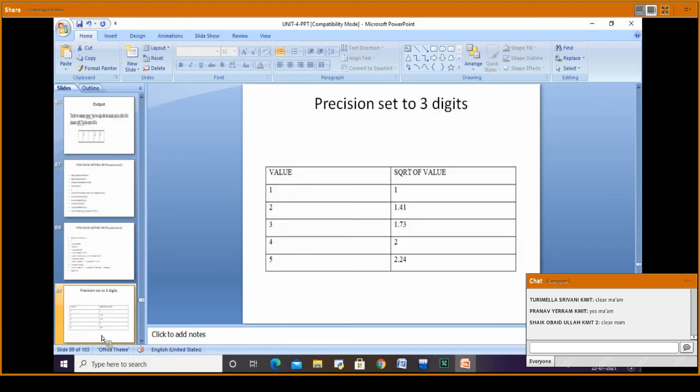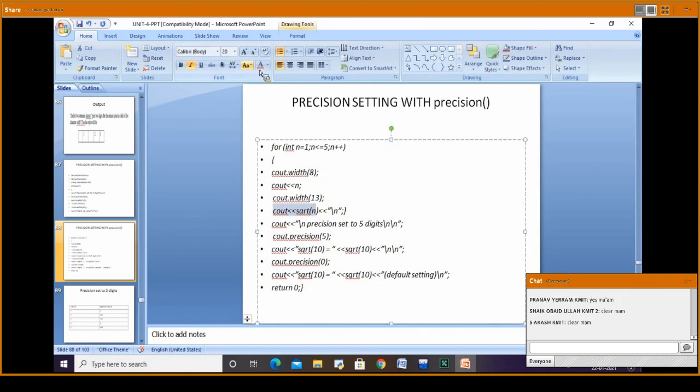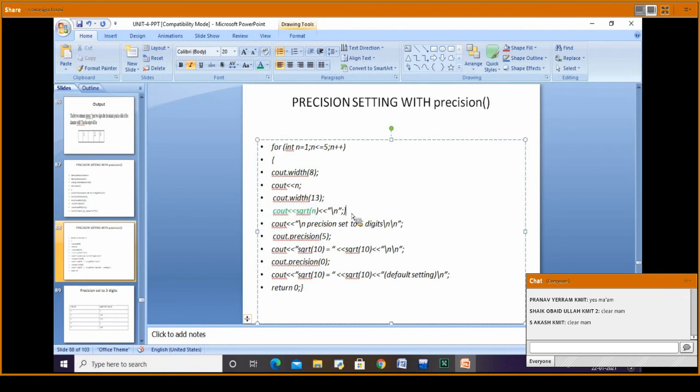See the output, I've shown you the output. I'll enable the activity. Is the example clear? The cout of square root of n is the thing we are doing here. I will enable the activity; you have to complete that activity.